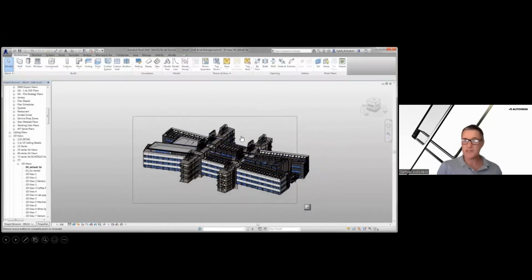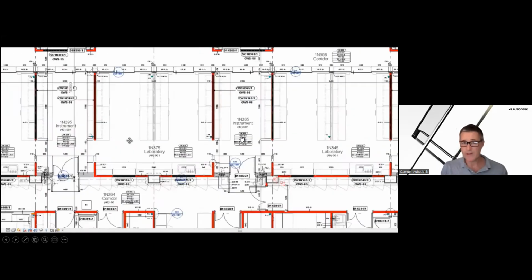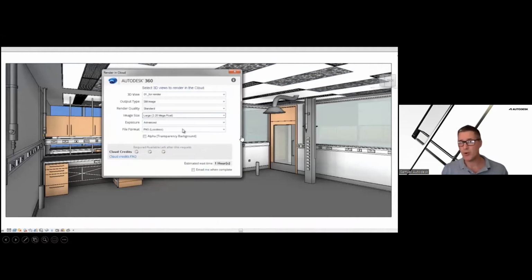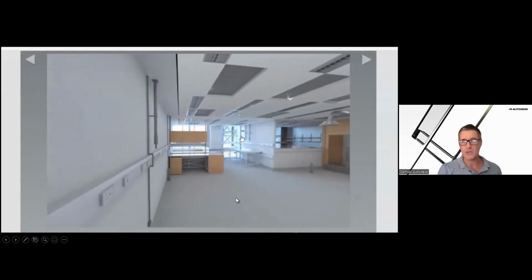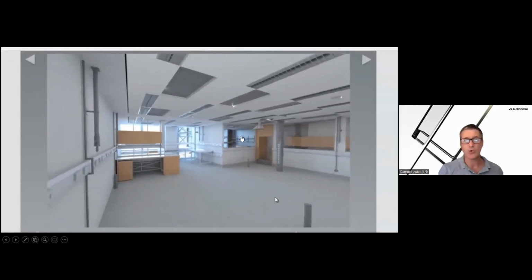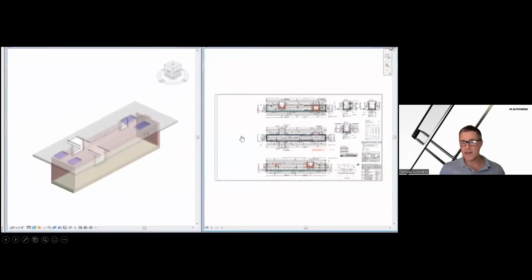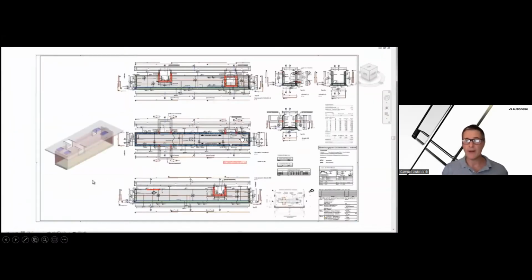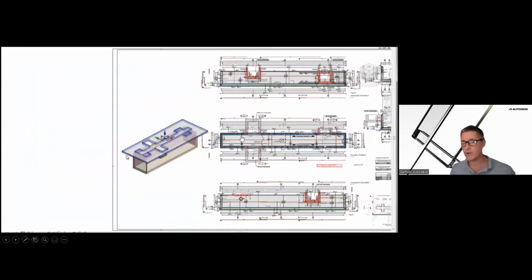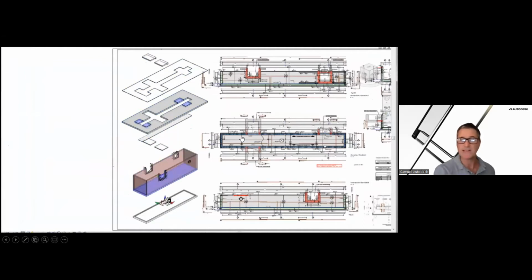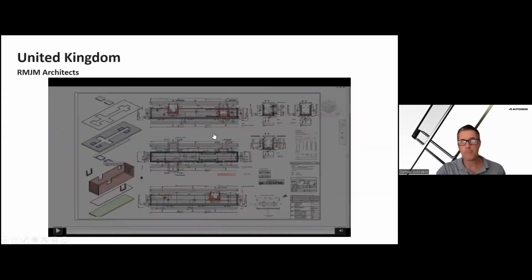This project was eventually done in Revit. And here's an example of the detail that went into the model for the laboratories. You can see that all the elements were modeled. So all the sockets, all the gas supply, all the extractors. We can get right down into the detail of this model and look at the laboratory tables as well in Revit, where you can start to use the displaced parts to actually look at the assembly of these laboratory table components.